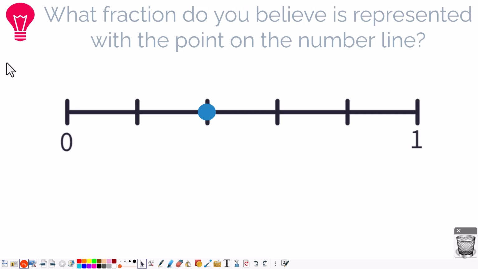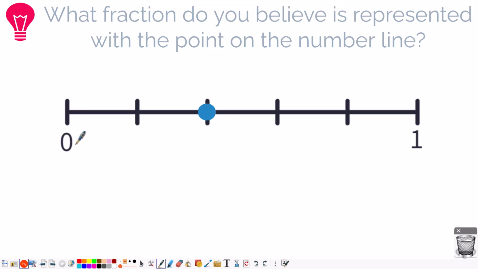So what fraction do you believe is represented with the point on the number line? Remember, with every number line, we need to look at how many spaces are between the whole numbers. We need to look at the endpoints, where we start and where we end, and then we also need to locate some easy benchmarks, like what's a half. So in this case, let's take a look,